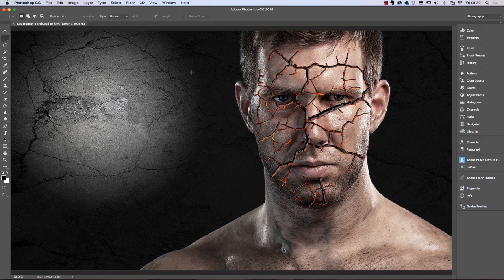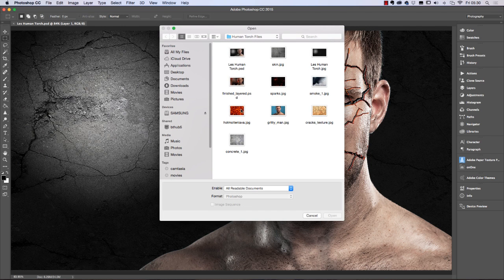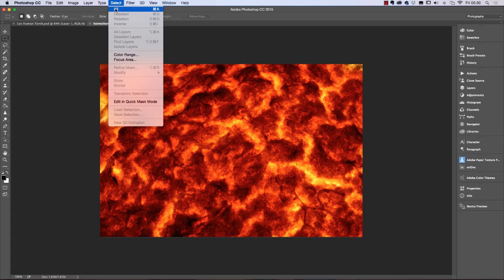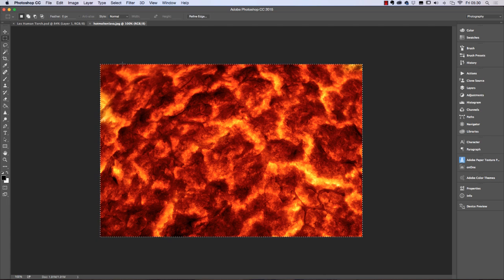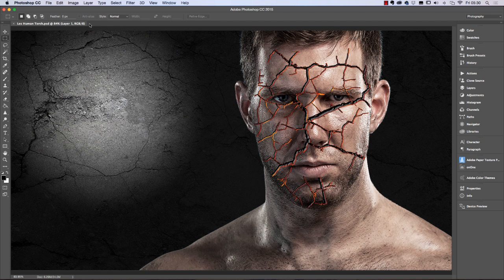Now we need to go and look at the brush. Before we do that, what we're actually going to do is we're going to have like the molten lava that we used on the face. We're going to use that mainly for the brush, so that's going to be flying from the face. So let's open that first. File, open, hot molten lava. We need to select all of that. So select all and copy it. Then we can close it and paste it onto the